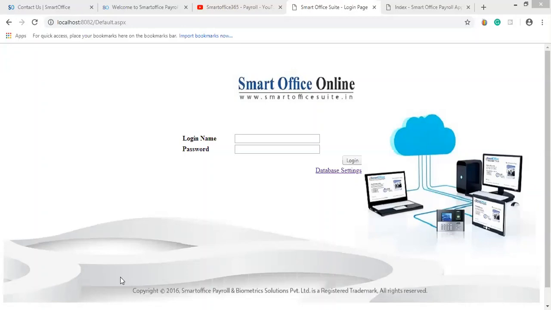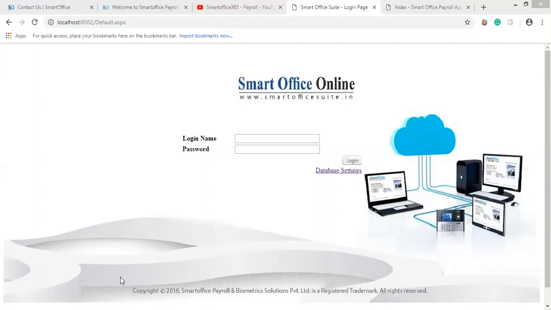In the web application, the application will be hosted on a server system, a client server system. That means the client has to maintain a server and take care of the database. If you want to access the web application at a different location or in a different network, you have to have a public IP or static IP, and port forwarding has to be done. And for both cloud and web applications, we have an employee self-service or mobile application, as I can call it.